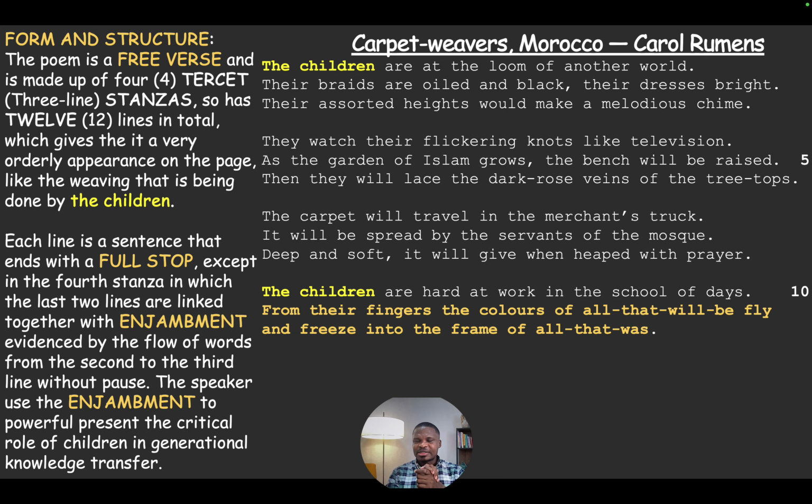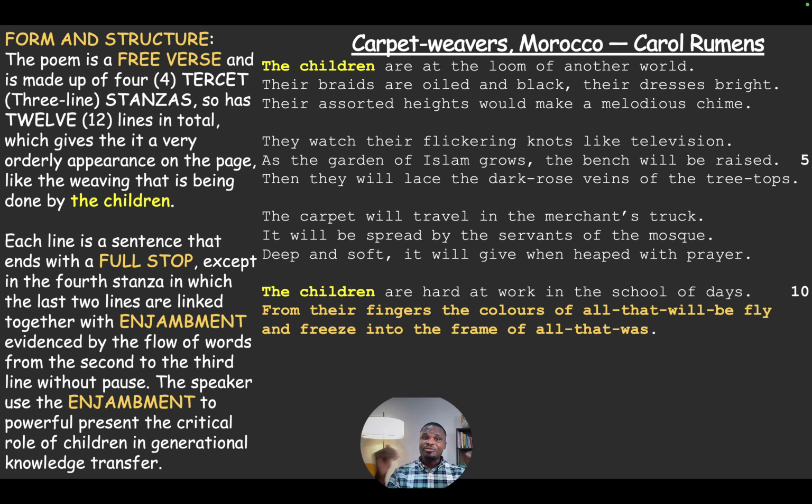Now, students, it is very important that you write about the form and structure of every poem in the essay that you're given. If you're looking to get either a grade 8 or a grade 9 or an A or an A star, you have to speak about the form and structure of the poem. You have to write about it as part of your answer. And again, like I said, you find samples of it in the A star quality or grade 9 quality essays that I have as part of the course.